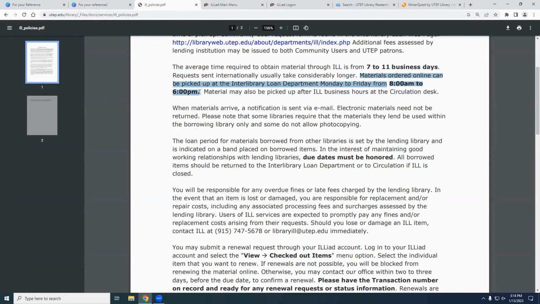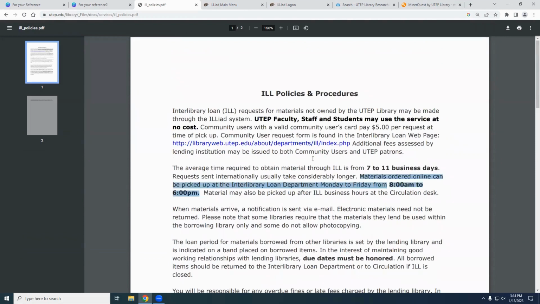That's actually, you can check it out at the front desk now. You don't have to go into interlibrary loan, and you can actually even do it on the weekends. However, I do want to point out that this is kind of for physical materials. For online materials, I think our guesstimate is 24 to 72 hours, which is super quick. Our interlibrary loan folks are fantastic in how fast they get those turned around to you.